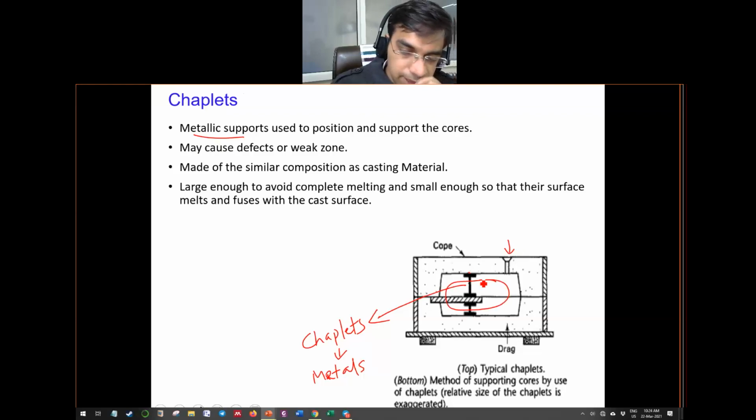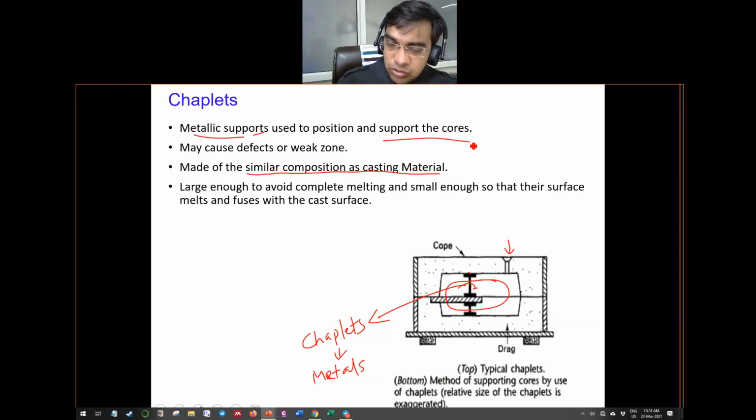Suppose this is the sprue, and all this cavity will be surrounded by the molten material. So it is very important to select a chaplet of the same material which will be cast in the cavity, because upon coming in contact with the molten material, the heat of the molten material will be sufficient to melt and fuse the chaplet with it. So the composition of the chaplet has to be similar to the material which is being cast, and the objective of providing the chaplet is again a metallic support to position and support the core, especially in